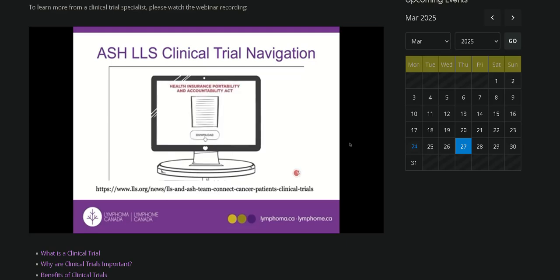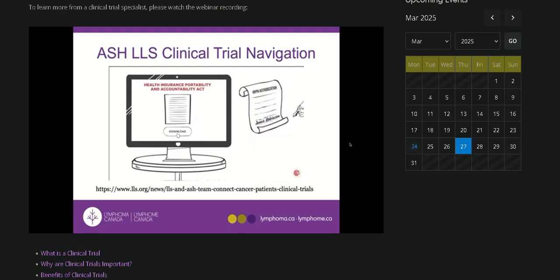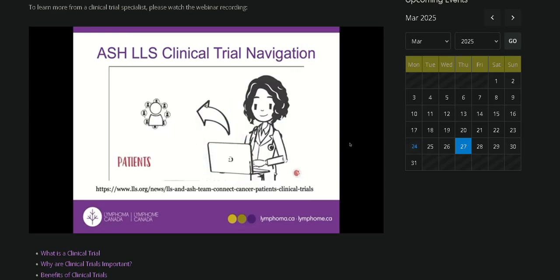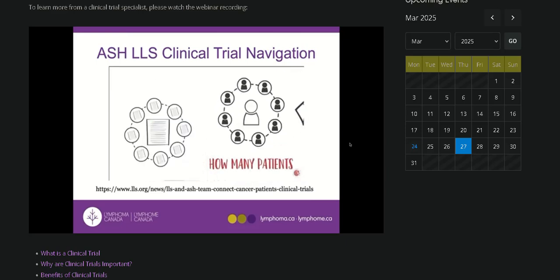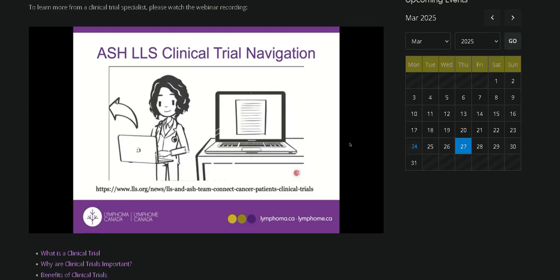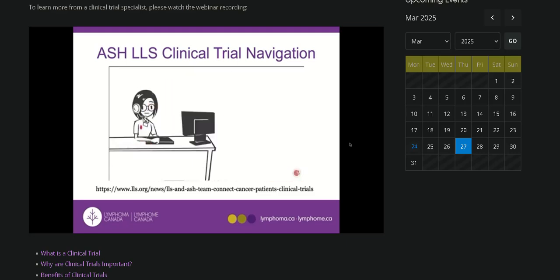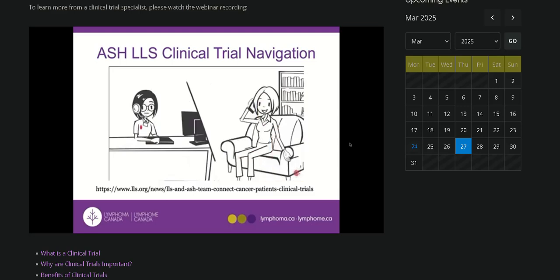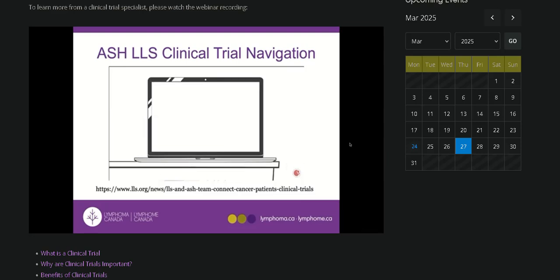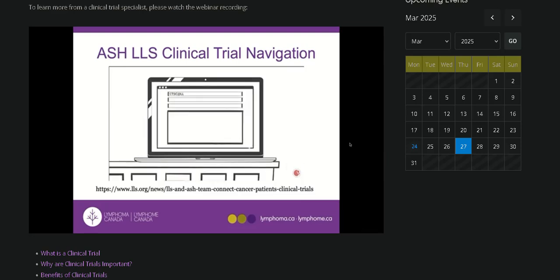Download the HIPAA authorization form for your patient to sign and store this signed document within your practice. Next, indicate how many patients you'll be referring at this time. You will then be prompted to complete a referral form for each patient. Please fill out as much information as you can provide. Once you've submitted the form, a nurse navigator will contact the patient within 1 to 2 business days following form submission. If a patient's email address is included in the form, the patient will automatically receive an email confirmation that the referral was submitted. If the trial search is urgent, submit the referral form and send a follow-up email to